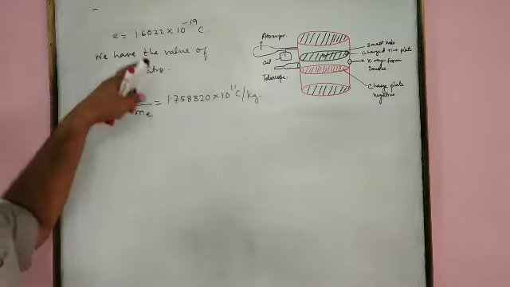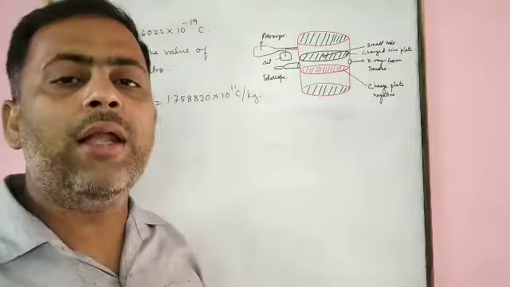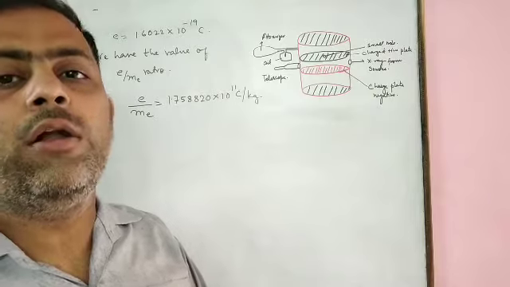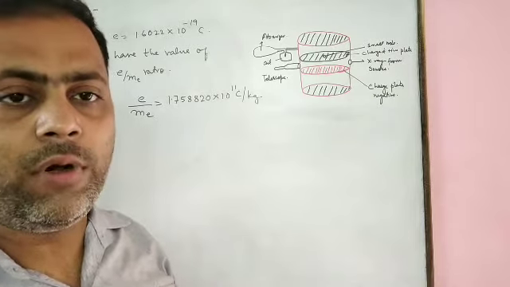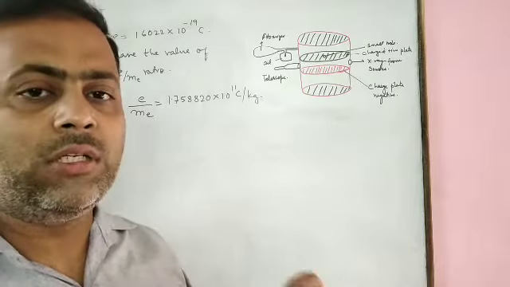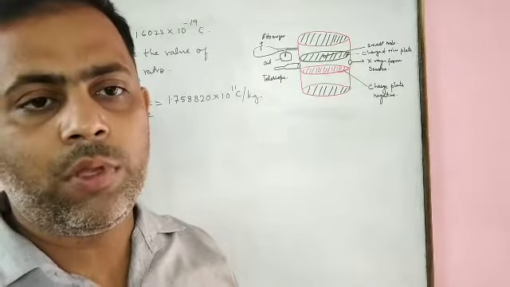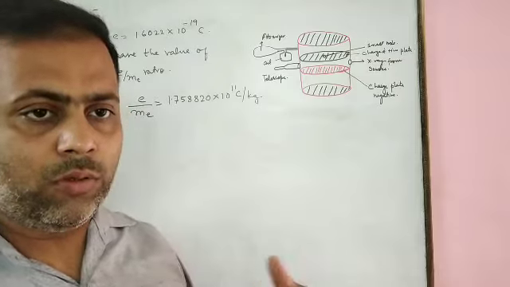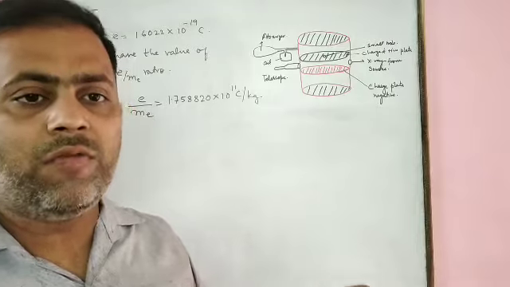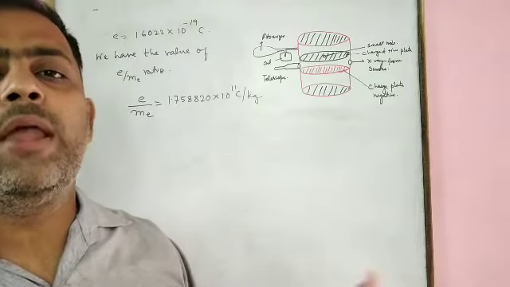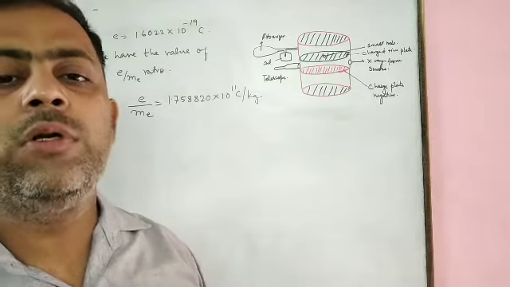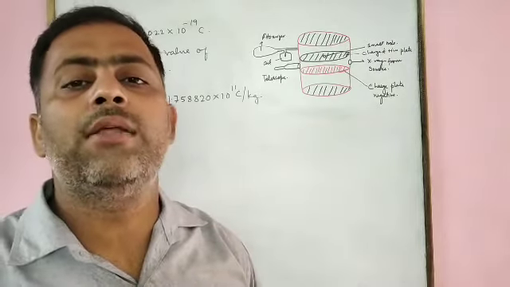What did he observe? By retarding or stopping the movement of that oil droplet using an electrical field, he came to conclude that the charge on various oil droplets is an integral multiple of a definite value. And by doing so, he is able to calculate that definite value which multiplies to give the various charges on the oil droplet. That was 1.6022 × 10^-19 coulomb.